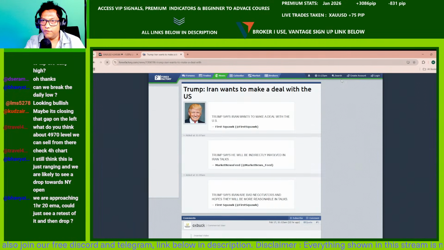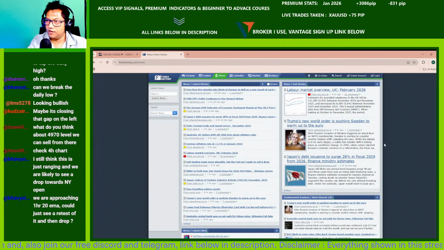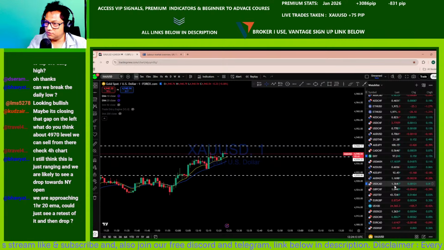if we look at the fundamentals, I always keep checking the labor market overview, UK, February 2026. Estimates for payroll employees in the UK are about 24% from December. Okay, so how did that